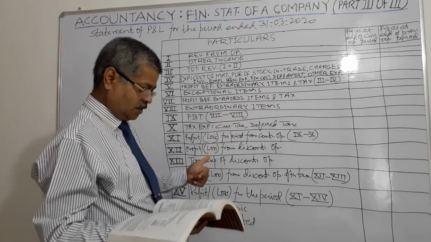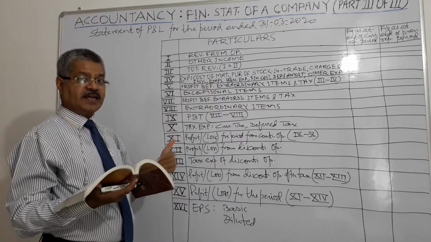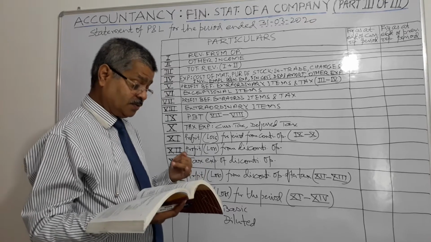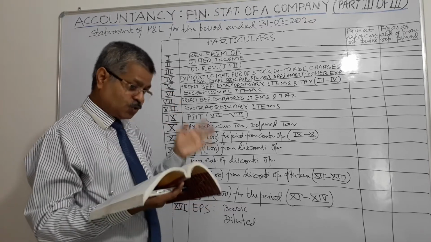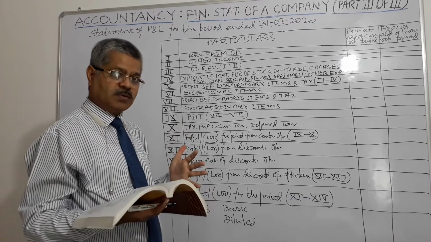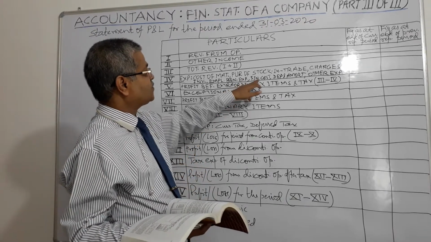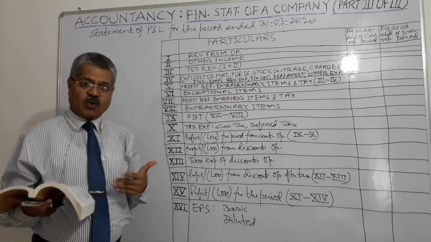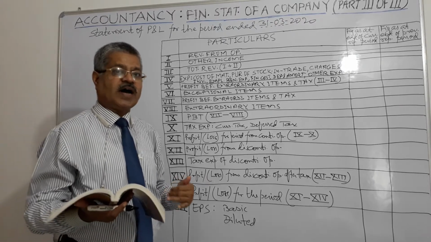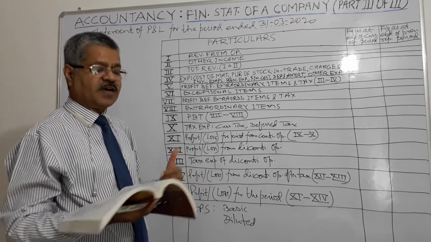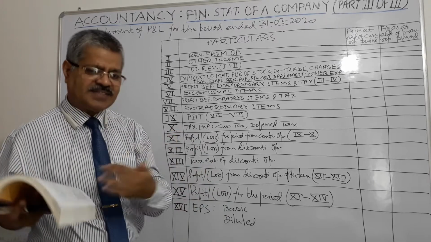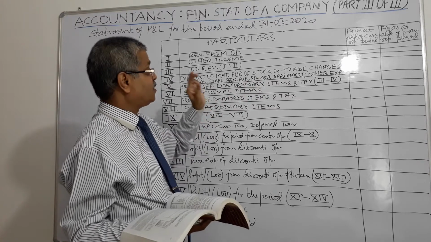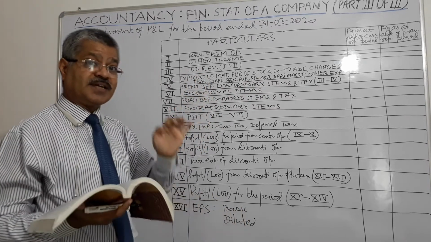Suppose ABC Limited, a pen manufacturing company, has availed a loan of 1 crore at 10% per annum rate of interest, and throughout the year it has utilized the full amount, right? So finance cost will be 10 lakhs. But suppose for the sanction of that loan, the bank has charged some processing charges, loan processing charges, documentation charges, etc. Those expenses will not come here. Here purely finance cost, meaning interest cost, will come.